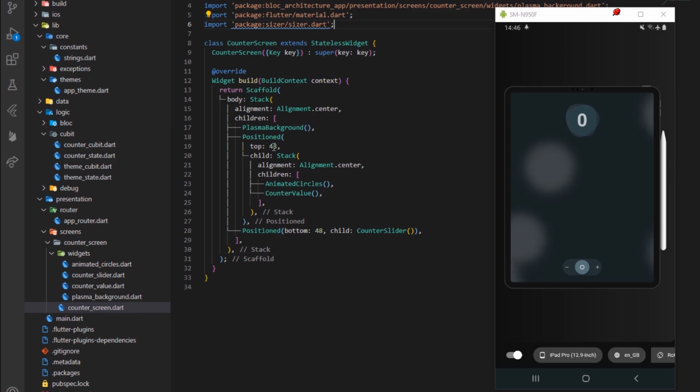How are we going to write this with Sizer? Well, first of all, we need to import its package at the top. Then write a double value followed by a W for width or H for height. We want our widget to render at around 10% of the height from the top. Then we'll write 10.0.h. If we save the project and check the device, you can notice that the widget moved